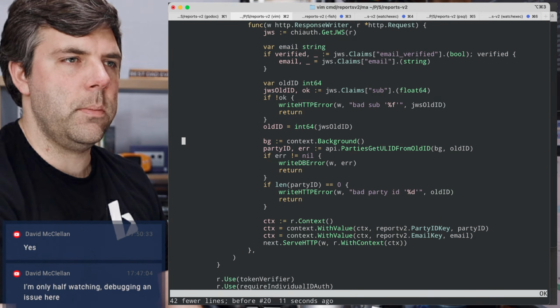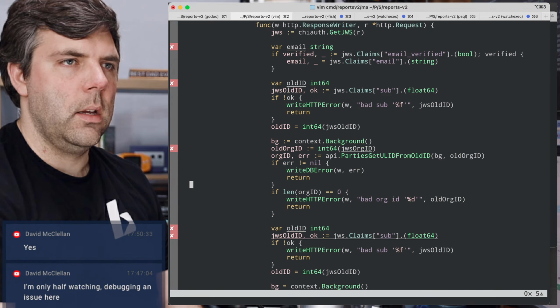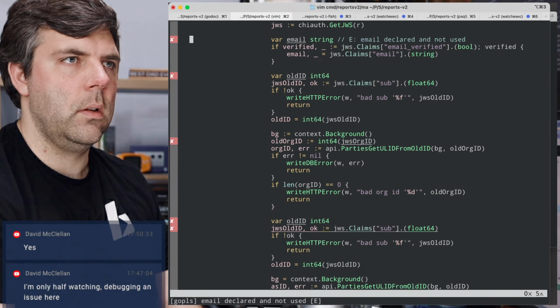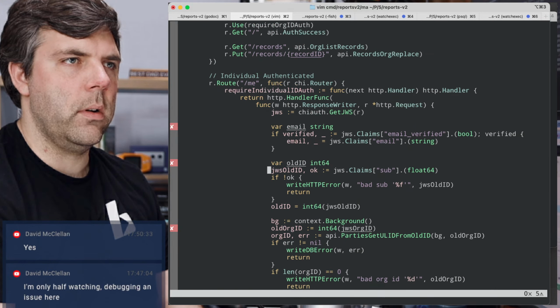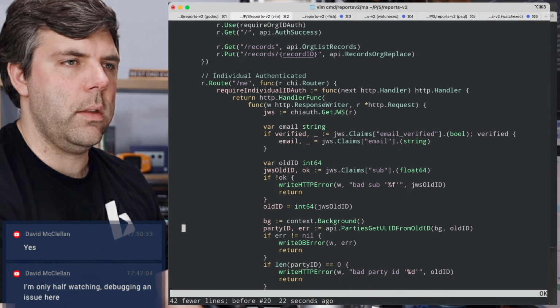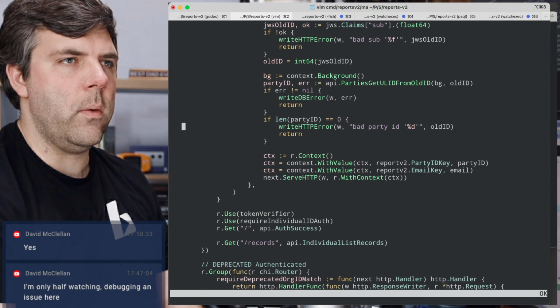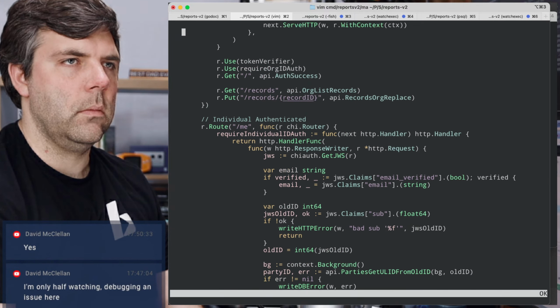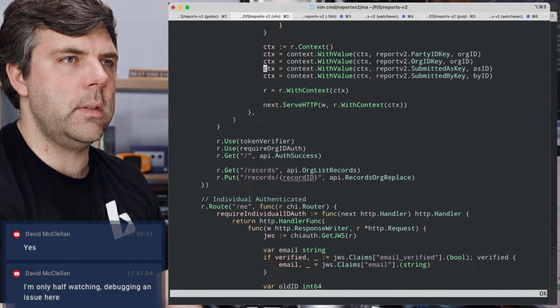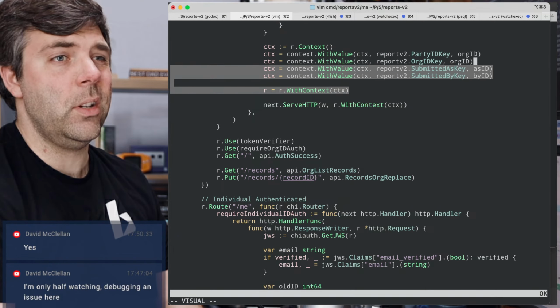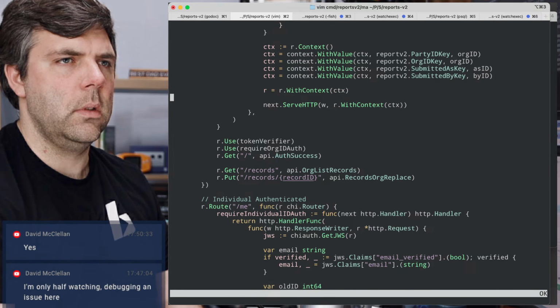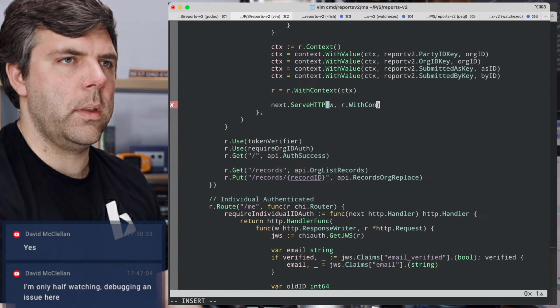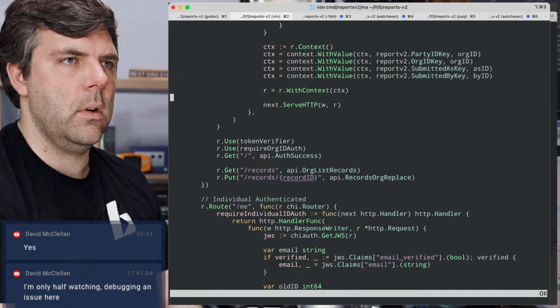Get party information, that's party ID. But this is for an org, right? No, this is require individual auth. Okay, so not that one. But this one does have a submitted by and a submitted as, so I'm actually going to say, oh whoops, R equals R with context for R, sure.